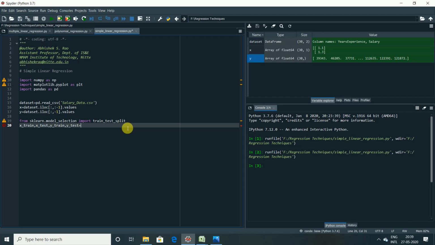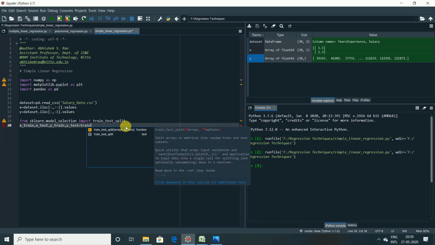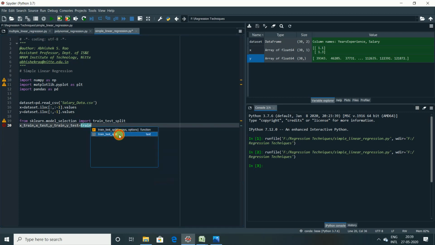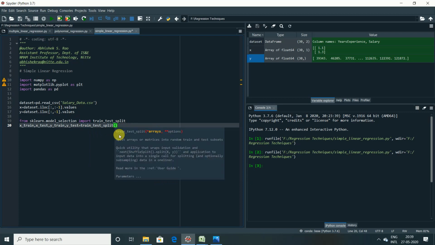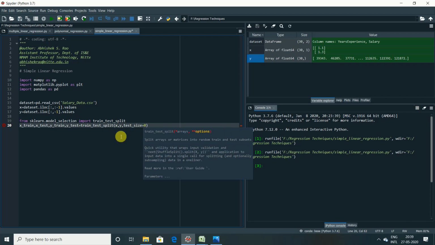Now we are going to call the function train_test_split by passing a few parameters. What are the arguments we send? We send the matrix of features X, comma, Y, comma, the test size, which should obviously be 0.2. So 0.2 means 20%, that is 6 observations we are going to take from the given data set.